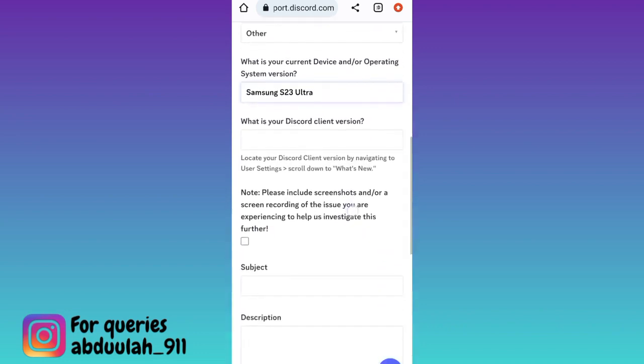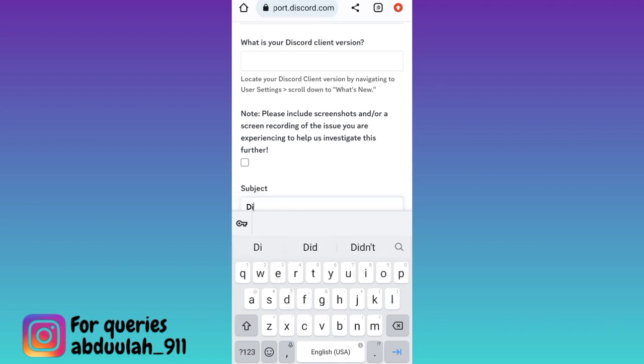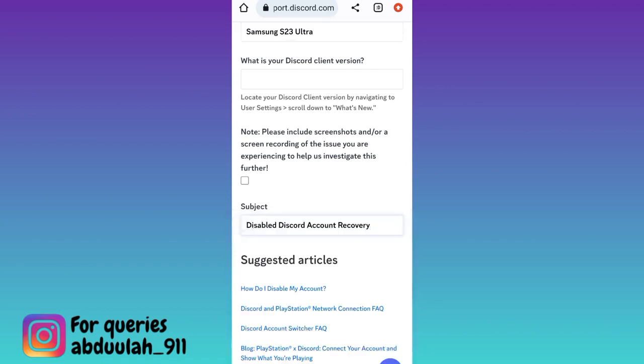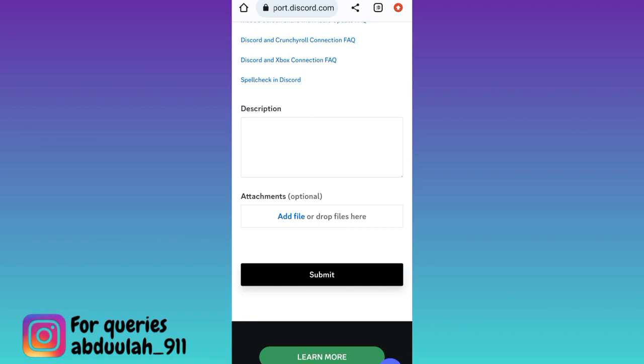Once you have done that, scroll down and enter the subject. Write disabled Discord account recovery. Then scroll down and in this description box you need to briefly state the issue that you are facing. You have to provide all the details why your Discord account was disabled. Once you have done that, tap on submit, and after you click on submit, within the next 24 hours your disabled Discord account will be